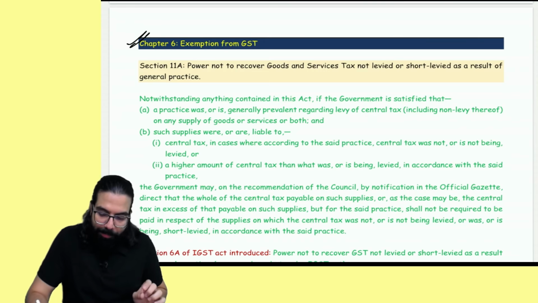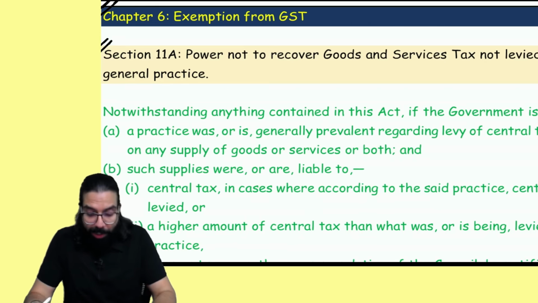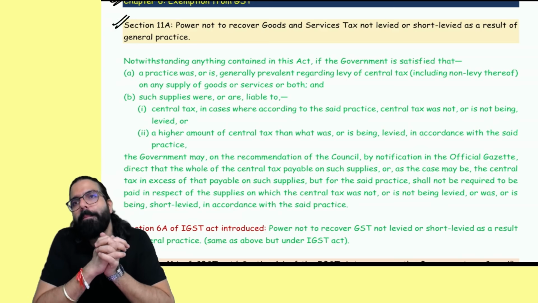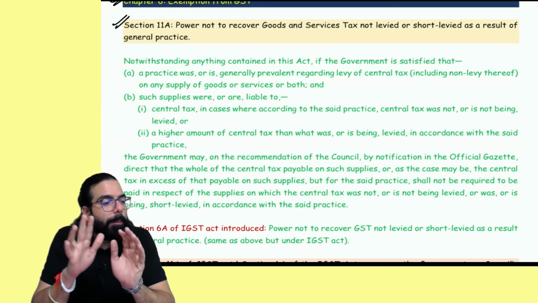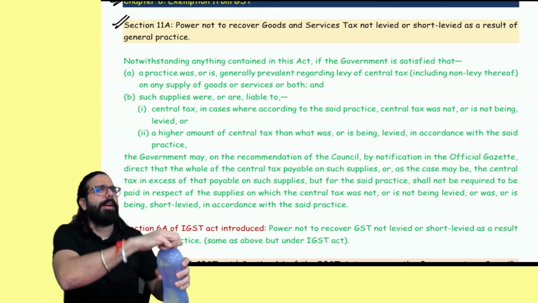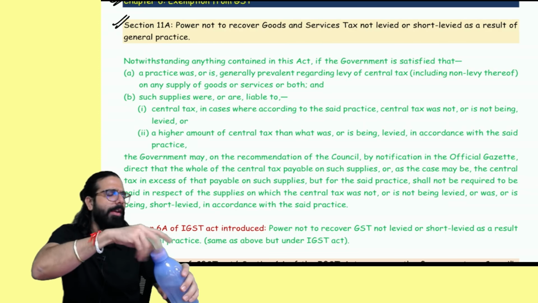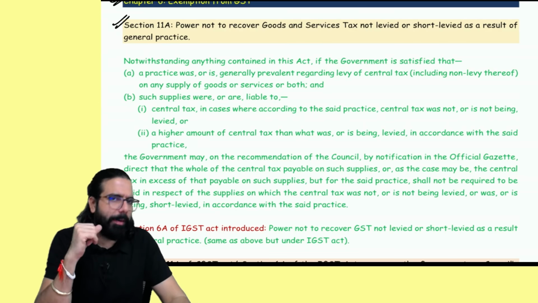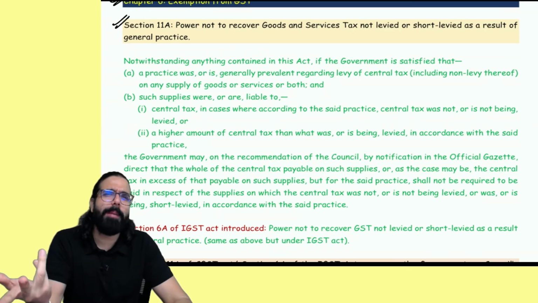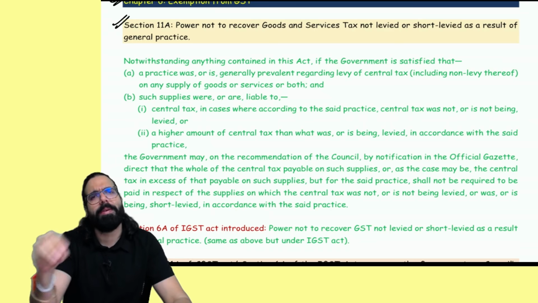Now in the exemption chapter, there is a small section, number 11A, which has been inserted. Sir, what is section 11A telling? See, for example, GST is a new law. Because it's a new law, there was some ambiguity regarding charging of tax. For example, one particular industry did the classification and started charging GST at the rate of 5%. Because of ambiguity, not knowingly, the whole industry in one area thought that the rate of GST on this particular item should be 5%, and they were charging 5%.